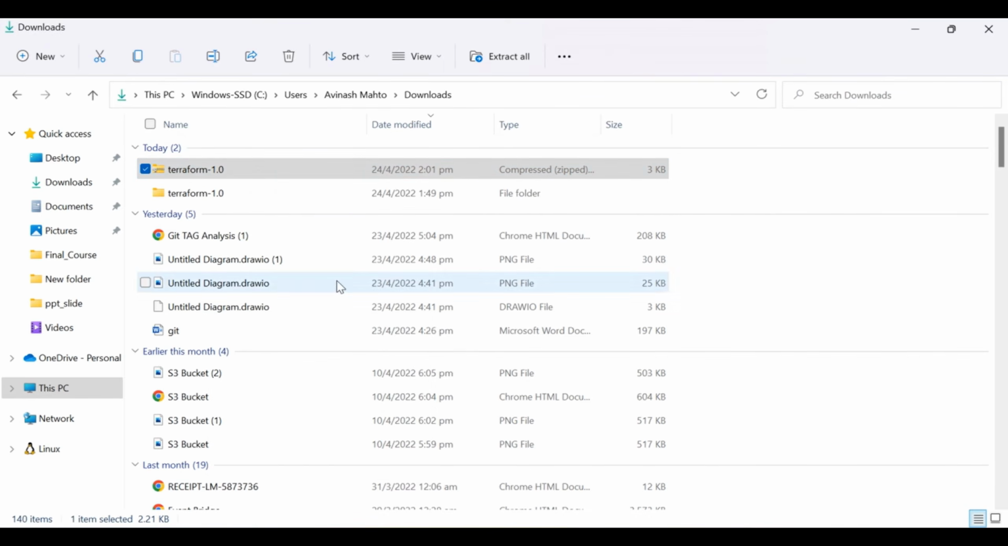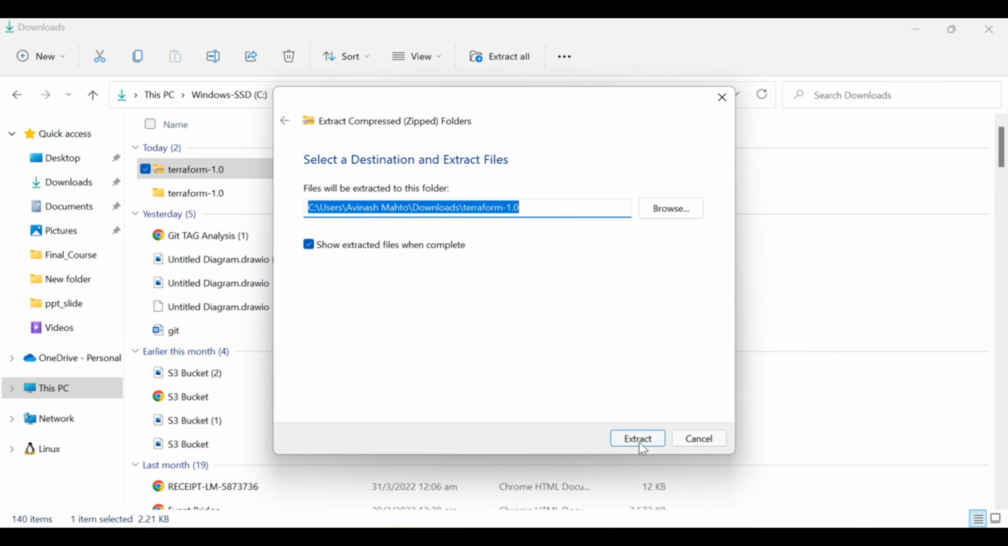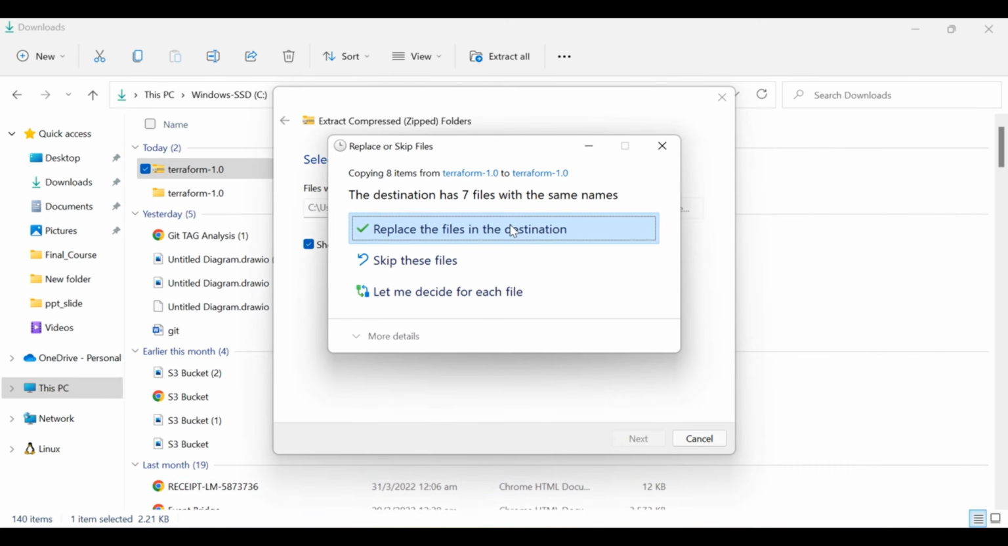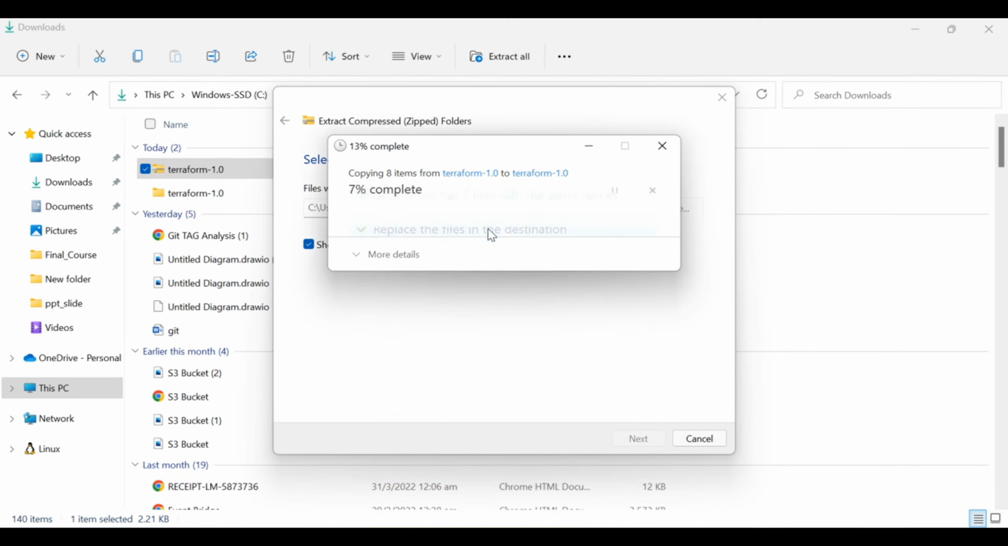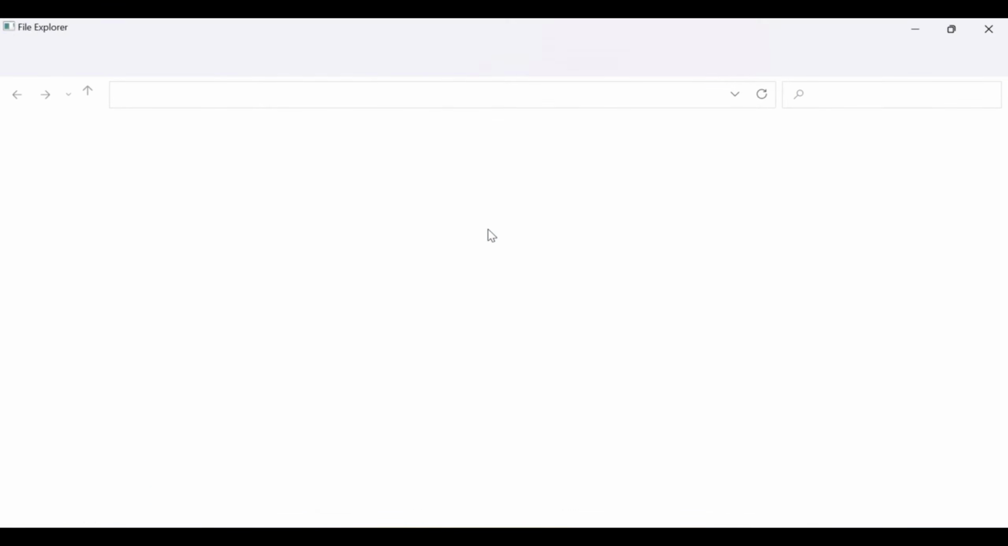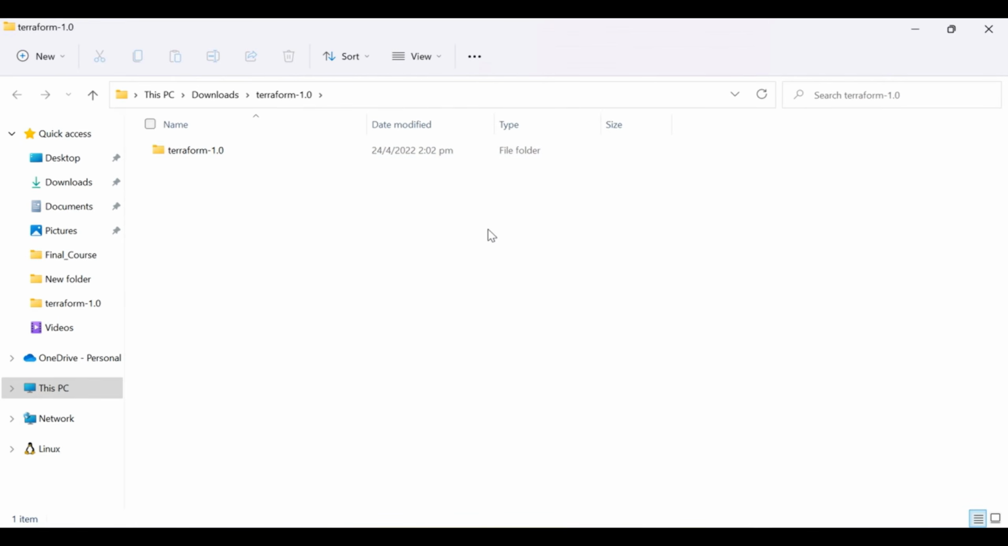Strict all. I want here only. It's okay. Replace the existing file. Now if I go